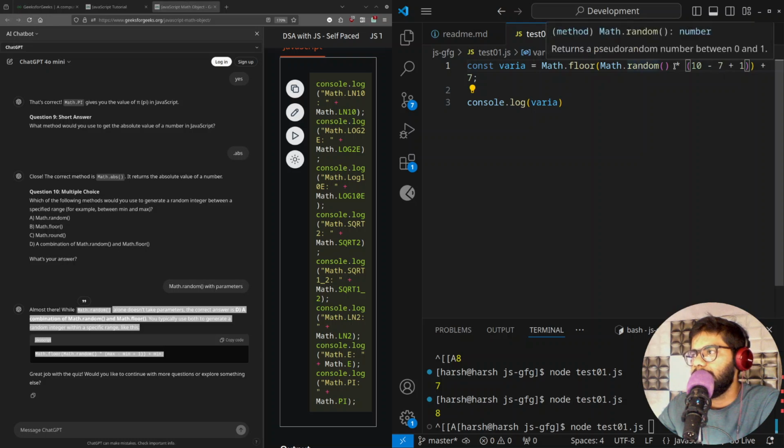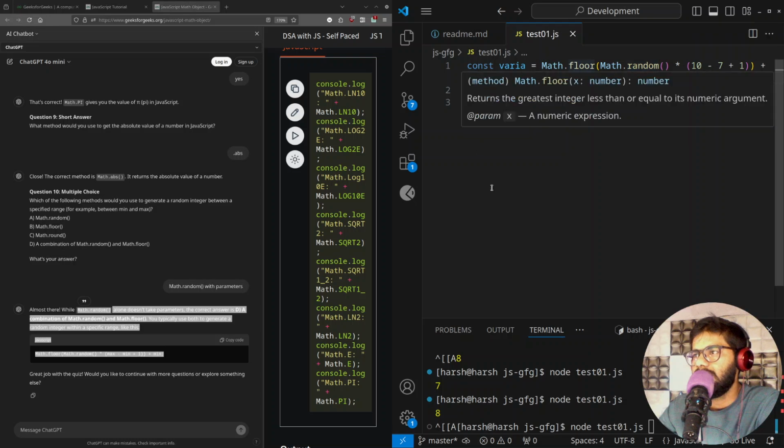Even if you talk about the operator precedence, 10 plus 1 is 11, 11 minus 7 would be 4, and if we multiply with some random values and add it to 7,